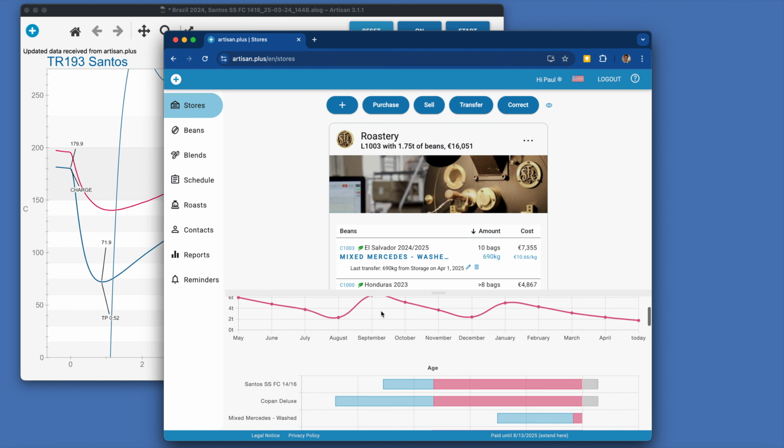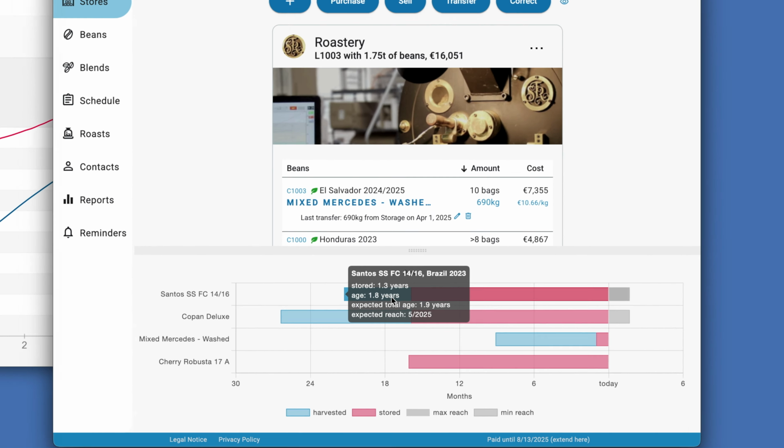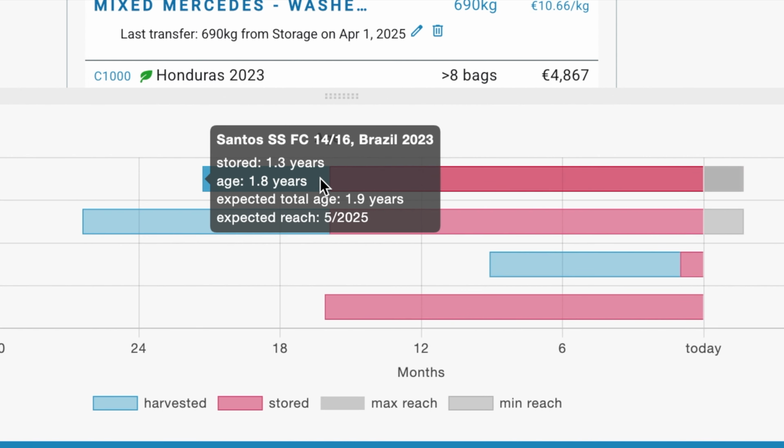Back to the graphs, we get to maybe the most interesting chart, which is called the age graph. It shows us, not surprisingly, the age of the beans, which is the time since it was picked at the origin. In this case, nearly 2 years ago. It has been stored with us for a little over 1 year, based on the first purchase of the beans. In the last line here,